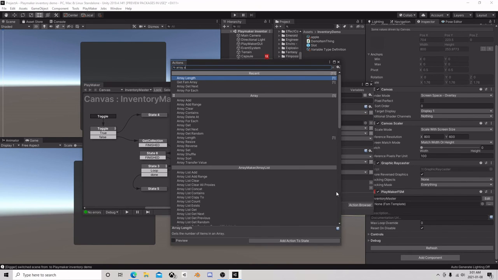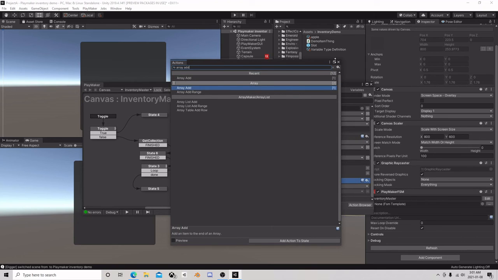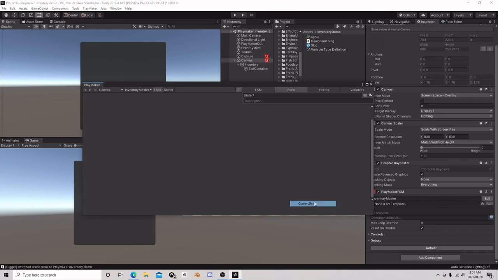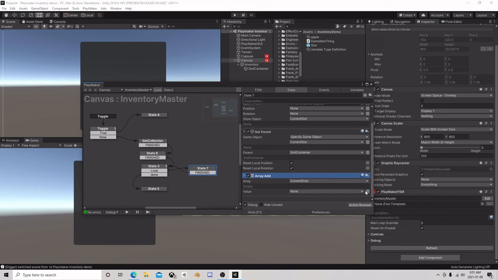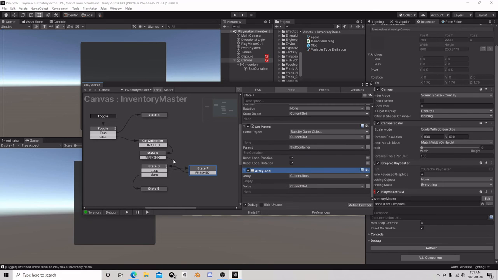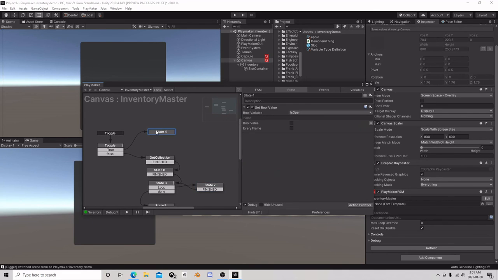So array add current slots. We're going to add this guy, which is the current slot. So as we create them, we're going to build this array. Ideally, when we close then,